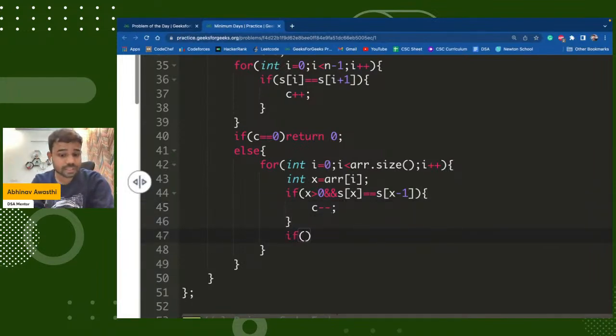Similarly, in the same case, if x is less than n and